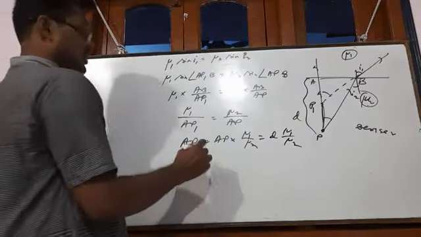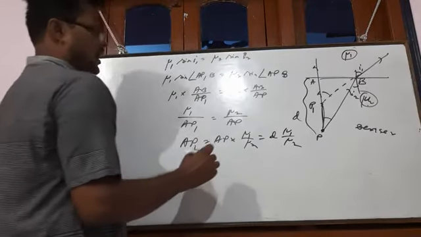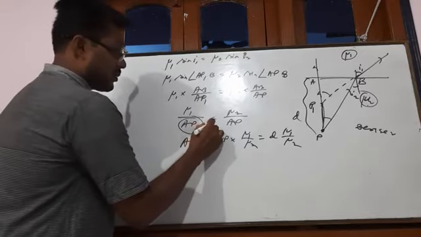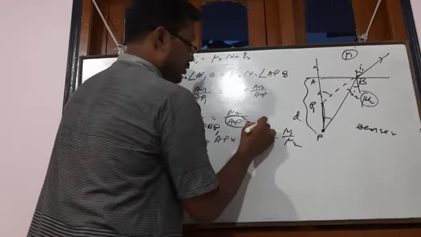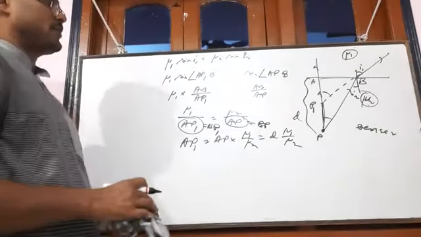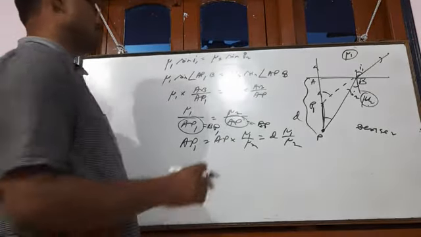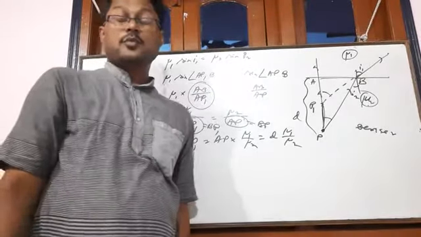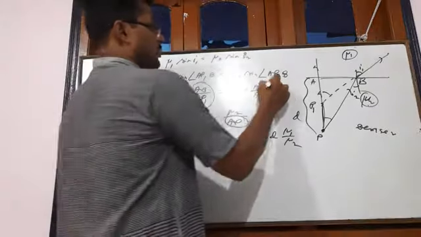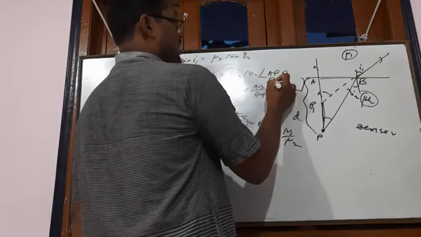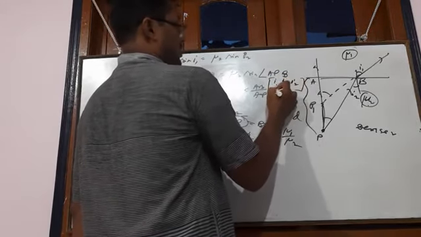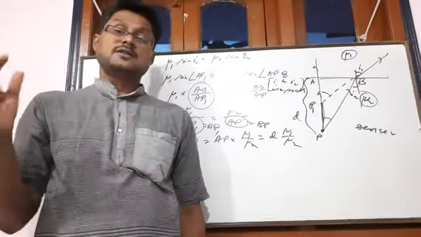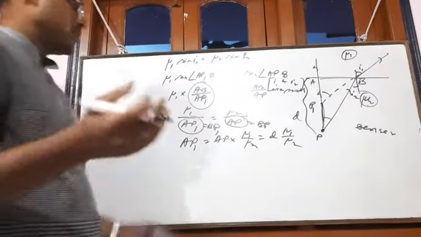So here we can write, for very small angle of incidence, that AP1 can be converted to BP1 and this will be converted to BP. Actually this is coming from tan theta. Sin theta equals tan theta for very small angle of incidence. So you have to mention here that angles of incidence I1 and I2 are very small. That's why we can convert sin theta to tan theta. Then we can get this.